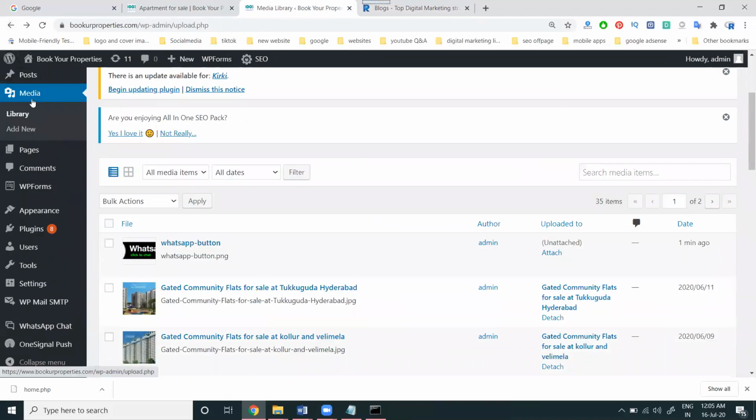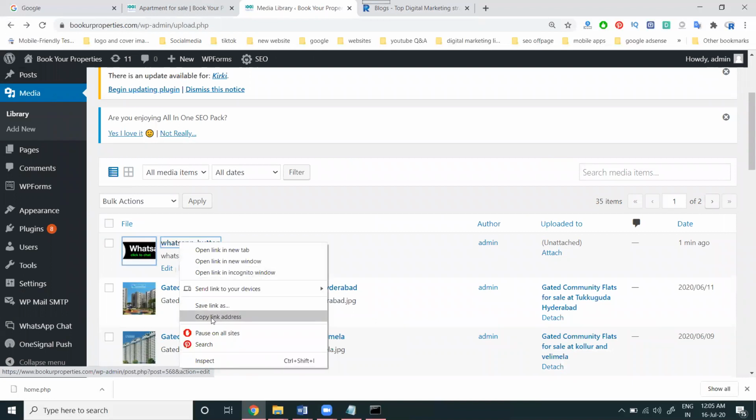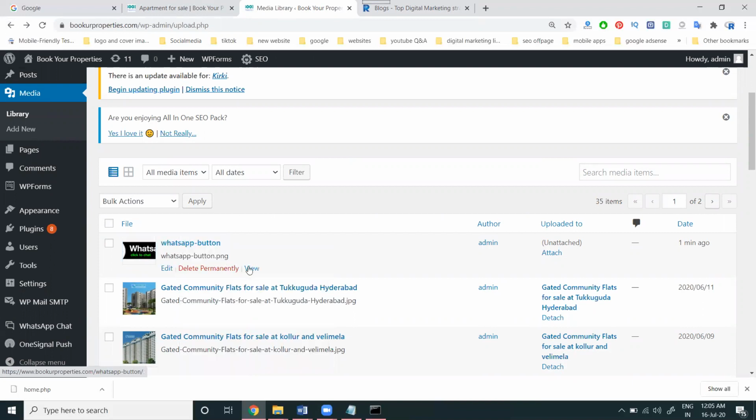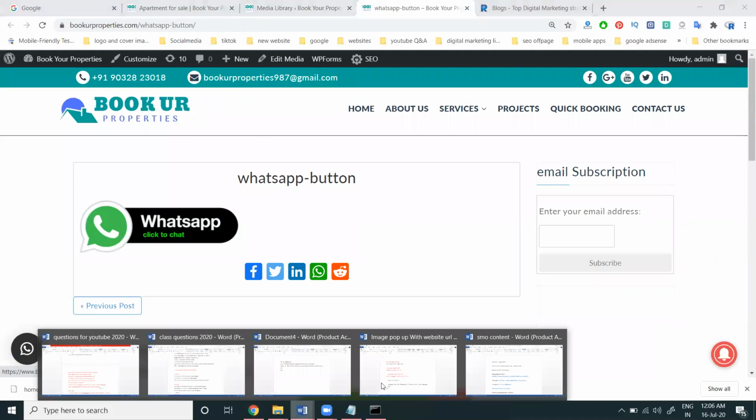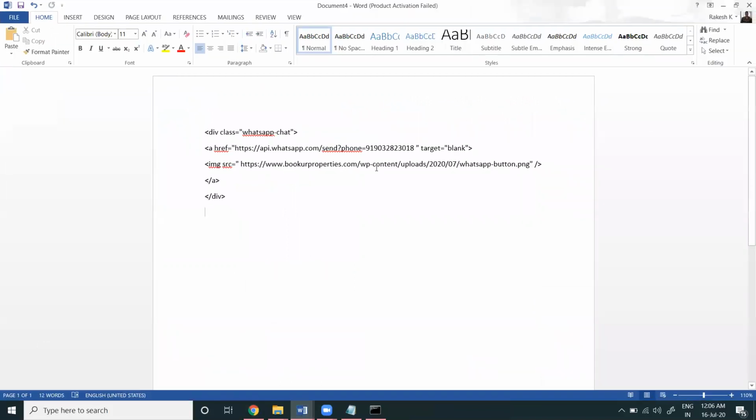First of all, upload the image in Media. After that, view and copy the image address. Here is the option: copy link address. When you click view, it will open in another tab. After that, right click and copy the image address. You only have to enter two things: the image address and your phone number. After copying this option,